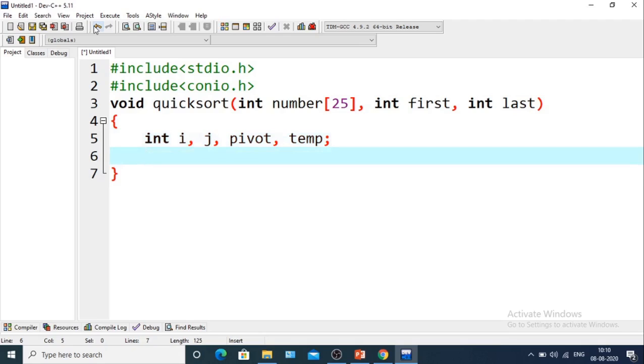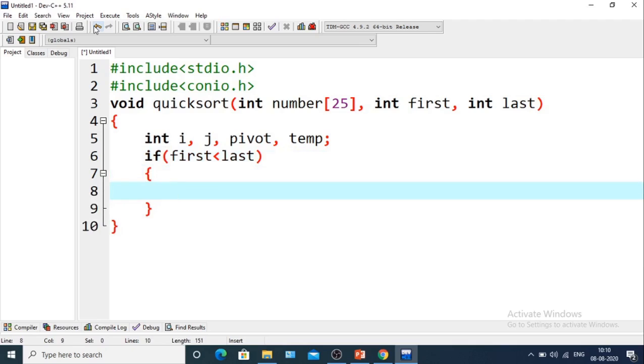So basically the logic is if first is less than last, that means the first element is less than the last element. Then what we will do?